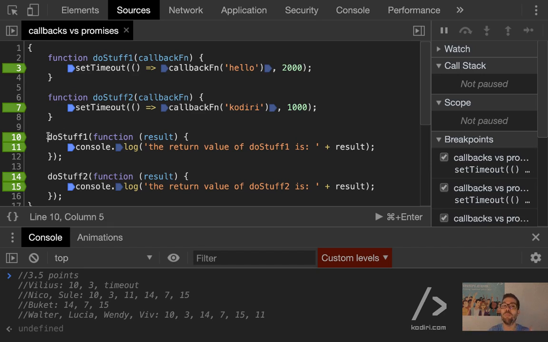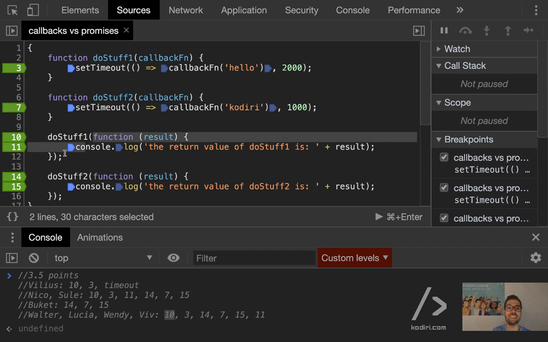No, wait. We're invoking the function, do stuff 1. We have no idea what happened inside of do stuff 1. The first thing is we invoke the function. And then we'll see how long it takes to resolve the function. But the first thing is we need to invoke the function. Yeah? So it follows a sequential order. So the first function to run is do stuff 1, that's for sure. So the first will be 10.